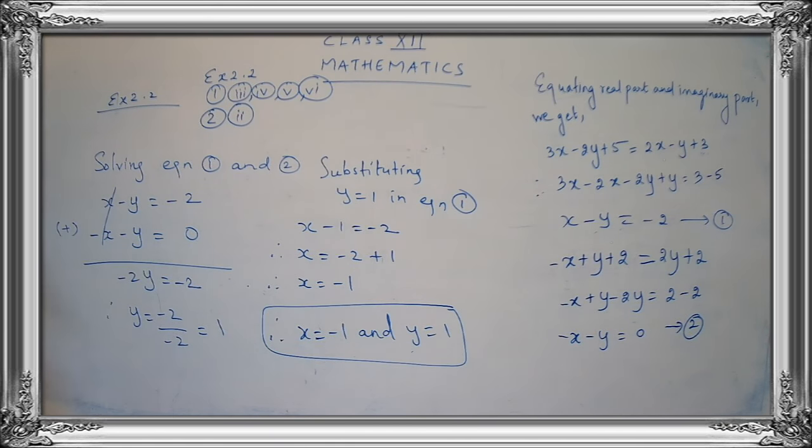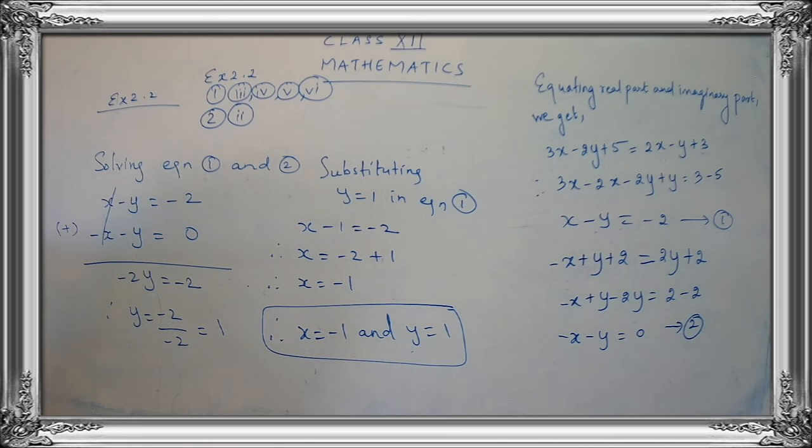So, we have completed our exercise 2.2. And what is the homework, children? Yes, homework was question number 1. From question number 1, the third subpart, fourth subpart, fifth subpart and the sixth subpart. And question number 2, the second subpart, the Argand diagram. You have to complete this. Clear? And one more thing I'll give you.